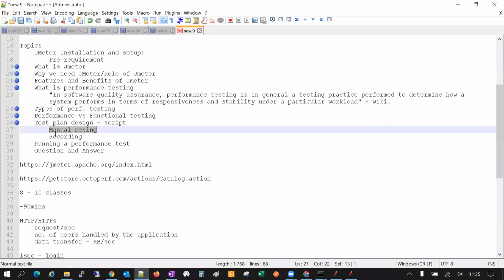To wrap up this class, I'm designing a test plan, how to design a script. Basically, manual design is not recommended because it requires a lot of effort and it leads to errors. So we'll